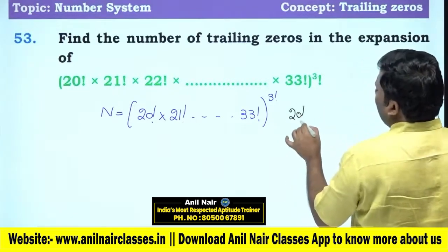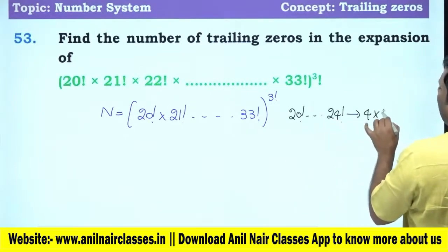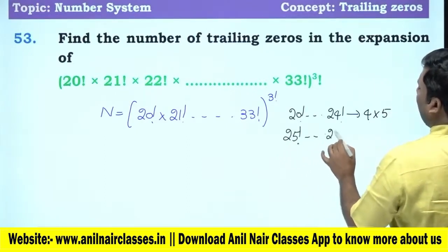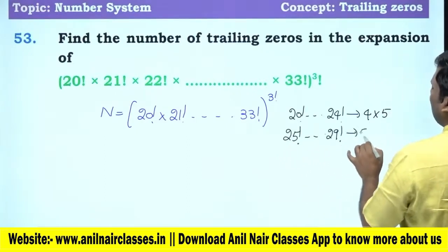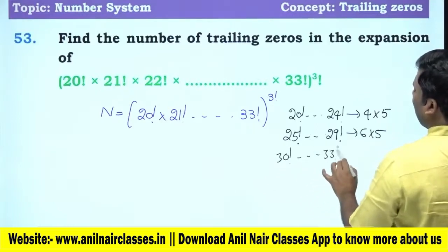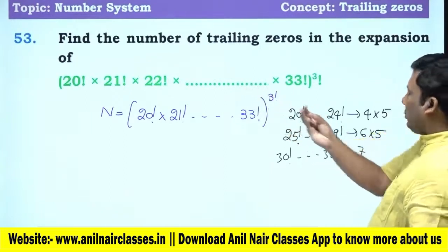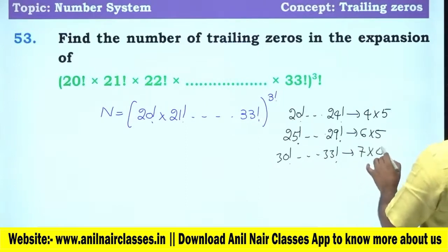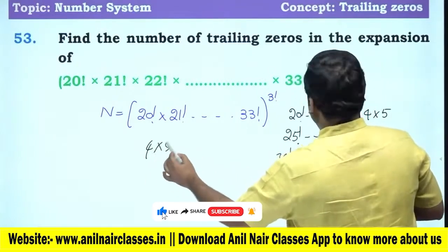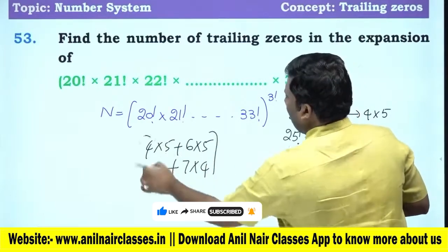Already we did it. 20 factorial till 24 factorial: there are 4 zeros at the end, and 5 numbers will be there. 25 is 5 square, so there will be a jump of 2, so it will be 6 into 5. 30 factorial till 33 factorial, how many numbers? 30, 31, 32, 33. 4 numbers, 7 into 4. So the answer will be 4 into 5 plus 6 into 5 plus 7 into 4, into 3